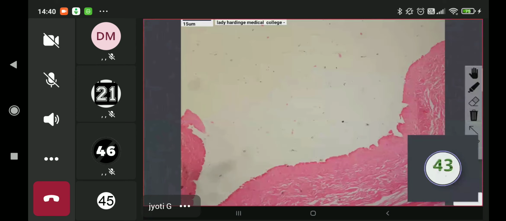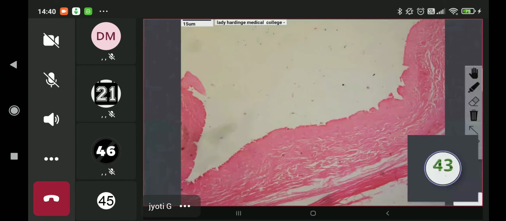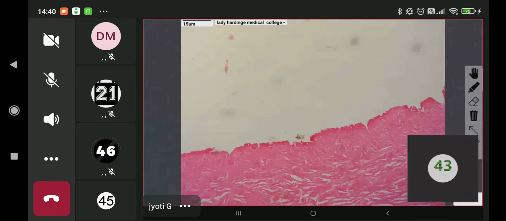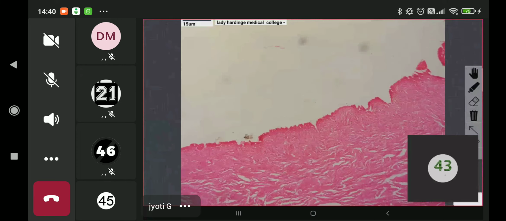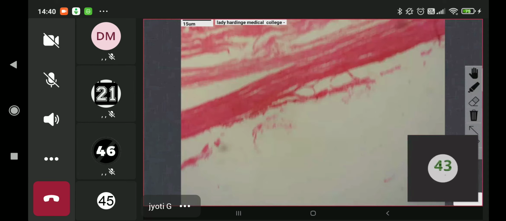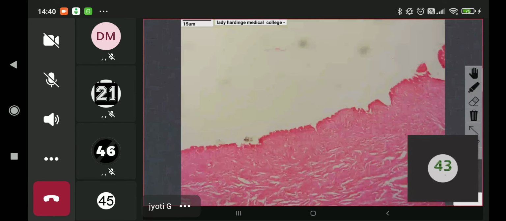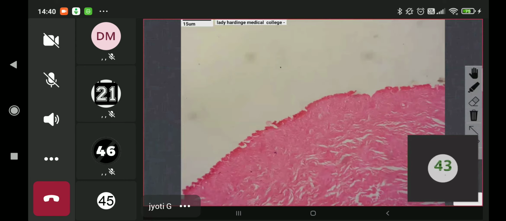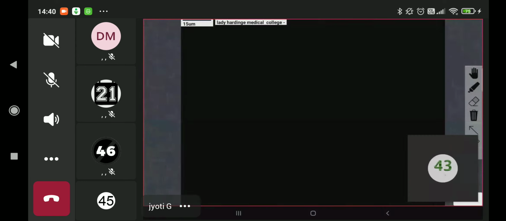The benign ones are called, they're usually cystic, right? So cyst adenomas. So depending on the type of lining, it is a serous cyst adenoma or a mucinous, not mucus, mucinous cyst adenoma. Okay? Benign tumors are cyst adenomas. So this is a cyst adenoma, and depending on the lining epithelium, you can say that it is a serous cyst adenoma. Why am I saying serous?